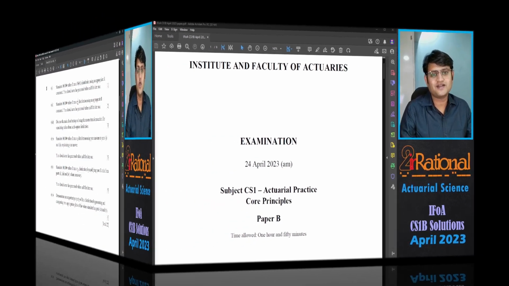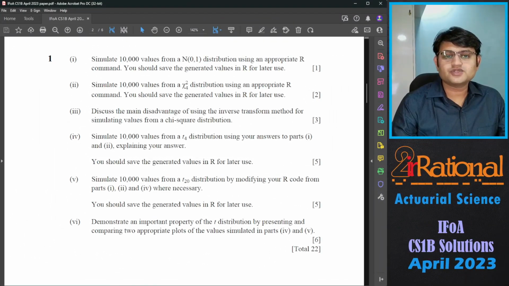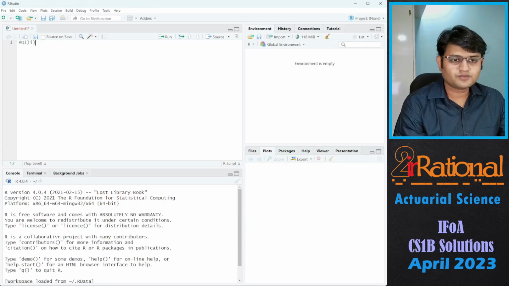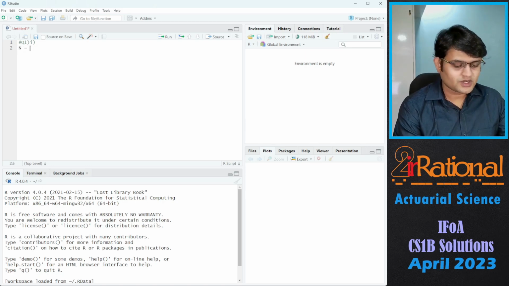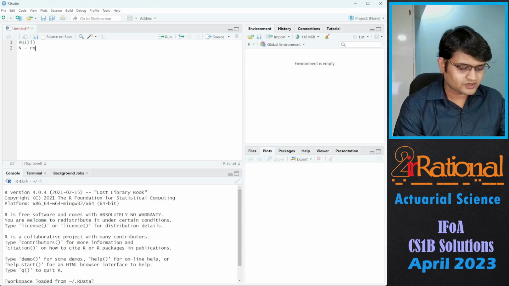Now let's get started. Question number 1. Simulate 10,000 values from a normal 0,1 distribution using an appropriate R command. You should save the generated values in R for later use. So question number 1, first part, I will store it as N, normal distribution. So we will say rnorm